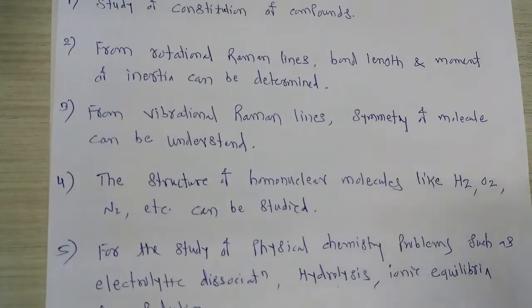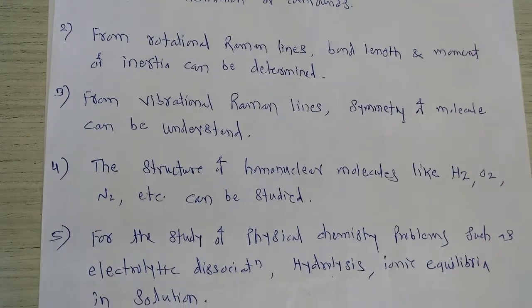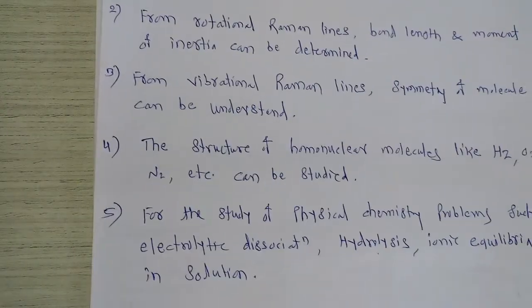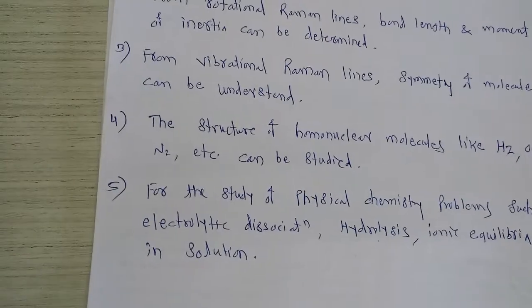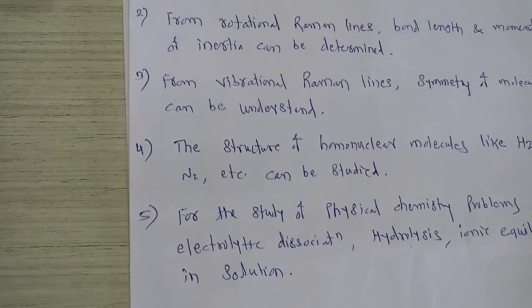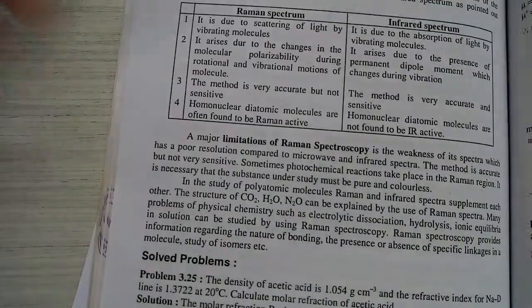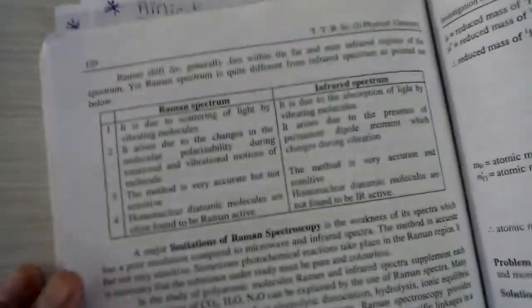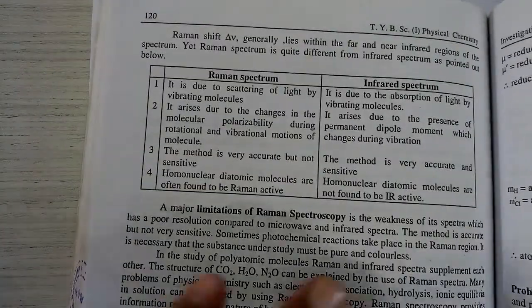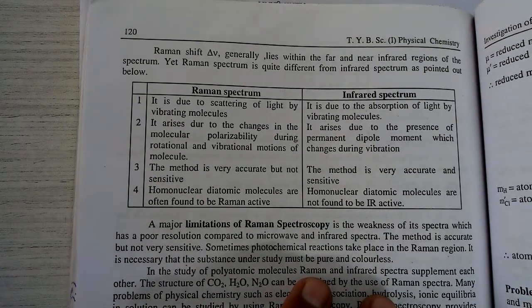So this is a simple point called the applications of Raman spectra. What are the different applications in various fields of chemistry? These are some important applications of this particular Raman spectra. The last important point from this spectroscopy is that we have to study the points of differentiation between the two spectroscopies, that is, how Raman spectroscopy can be differentiated from infrared spectroscopy. So some points of differentiation we have to take into consideration.